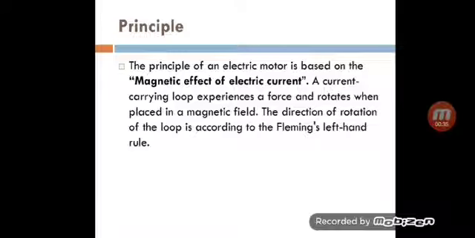When a current carrying conductor is placed in an external magnetic field, a force is exerted on the conductor. Due to the continuous flow of current, when it is placed in the external magnetic field, it experiences a force due to which it is set into continuous motion, or it starts rotating inside the magnetic field. This principle is used in the electric motor.